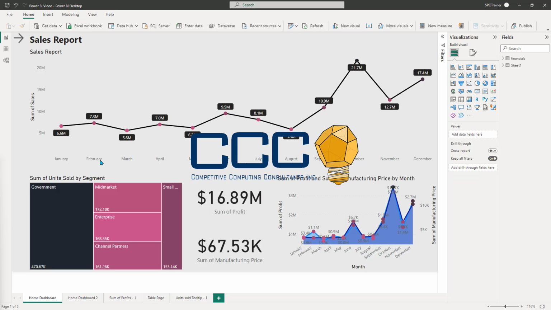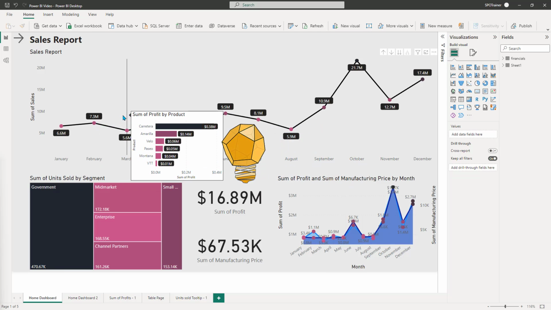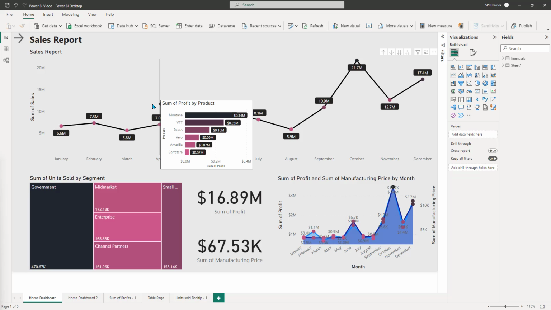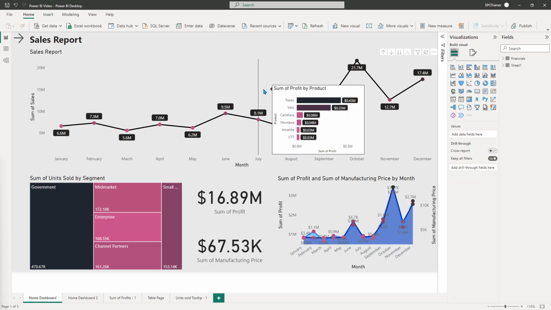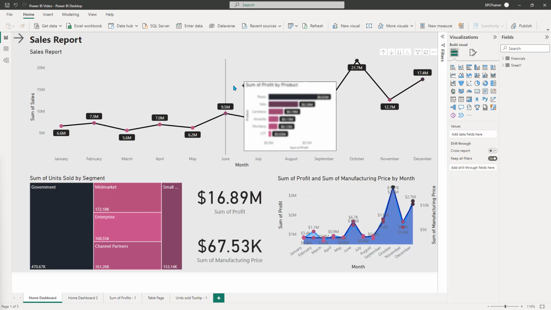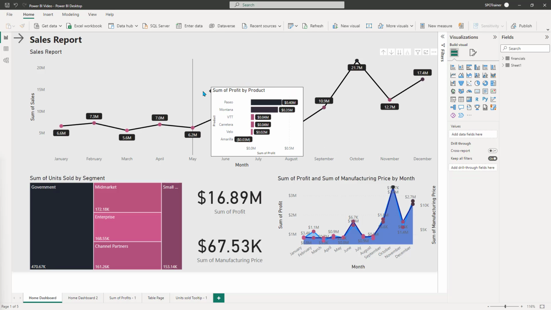Adding custom visualizations to your tooltips can bring your dashboards to a higher level. It enhances visibility on metrics and only strengthens your business intelligence. In this video, we're going to show you how to create custom tooltips within your Power BI dashboards, where you'll